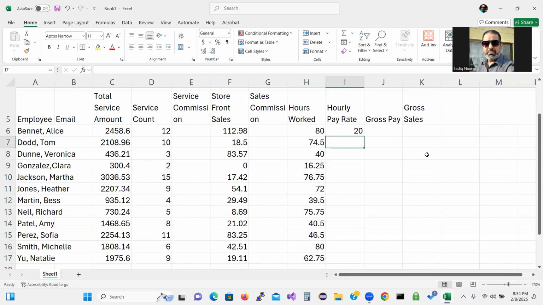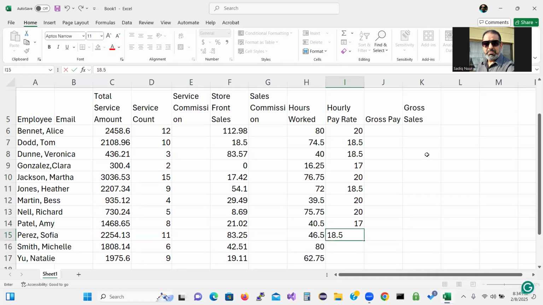Now the hourly pay rate for Tom Todd, 20, 17. So once we have done with that,